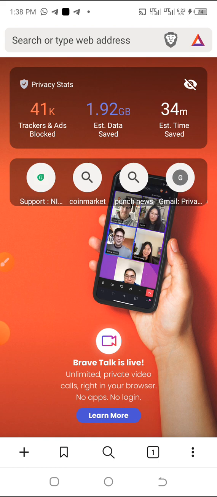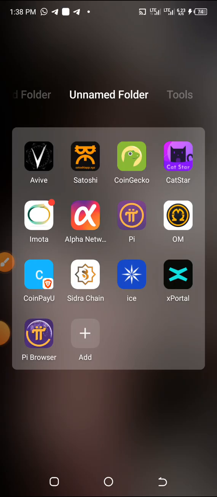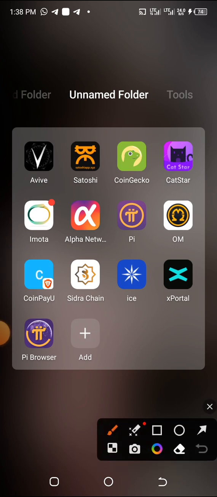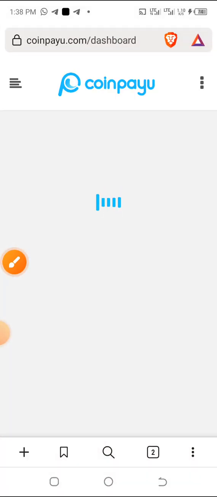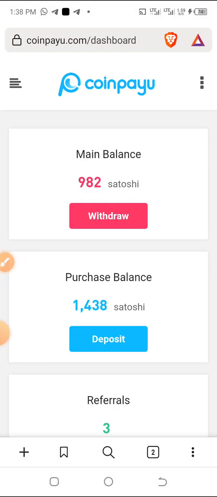Also, if you want to add to your home screen, for instance, if you notice, I added this to my home screen, Coin Pay You. So anytime I click on this Coin Pay You, it will take me here directly. How do you do that? Simply go to your Chrome or whatever browser you're using and click on the icon